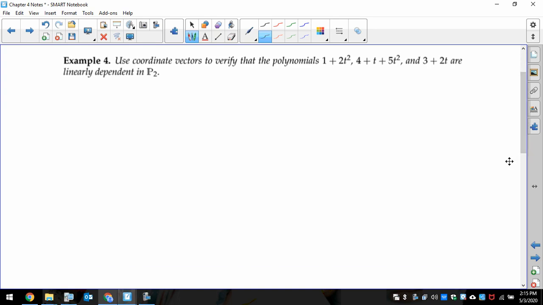Use coordinate vectors to verify that the polynomials, we've got 3 different polynomials here, p1, p2, and p3, are linearly dependent in P2. So use coordinate vectors to verify that. So let's use a standard basis. So I'm going to say the standard basis for P2 is,